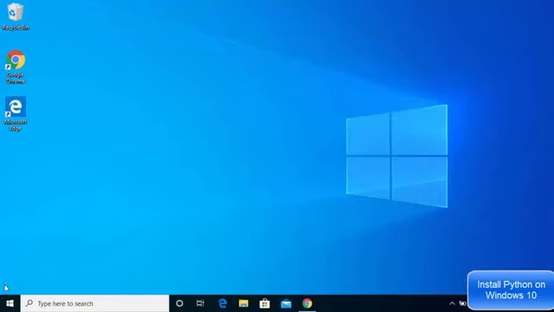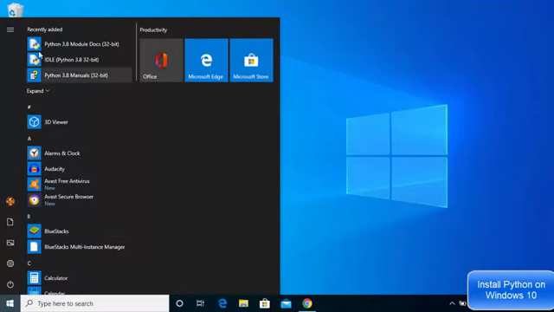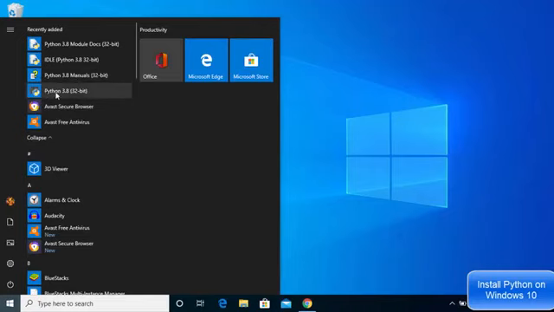And once you have installed Python on your Windows operating system, when you click on your Windows Start menu, you will be able to see under recently added section, the Python module docs. You will be able to see the idle IDE, which is the IDE which comes with the Python installation. You will also see the Python manuals. And when you expand this, you will see the Python terminal. So these four are the most important tools which are installed at the time of Python installation on your Windows operating system. So first of all, we will start with the idle IDE.